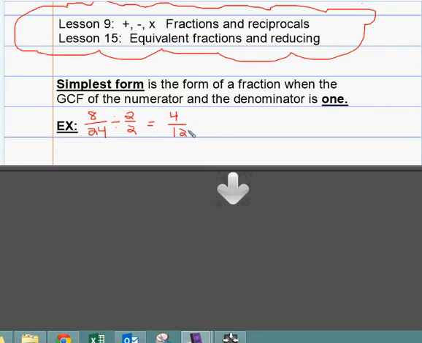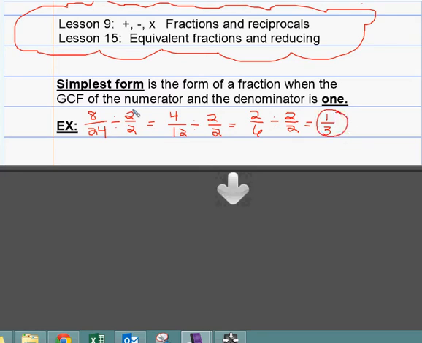So I know they both have a common factor of 2, and that would equal 2/6. And then I can keep going, divide that by 2, and that would equal 1/3. Now 1 and 3, 1 only has the factor 1, so I know that this is simplest form right here,